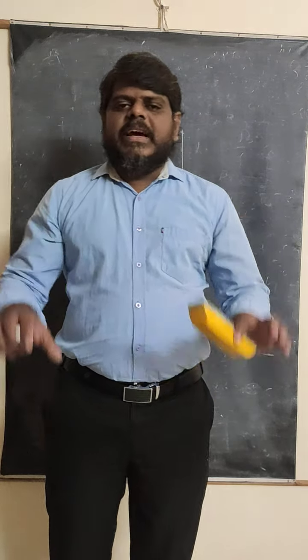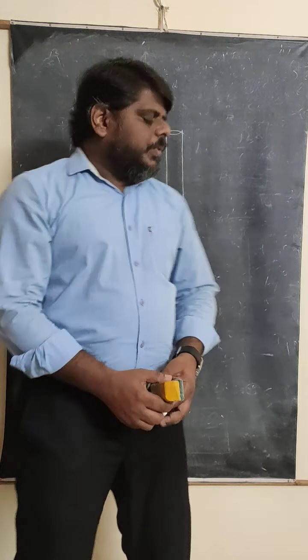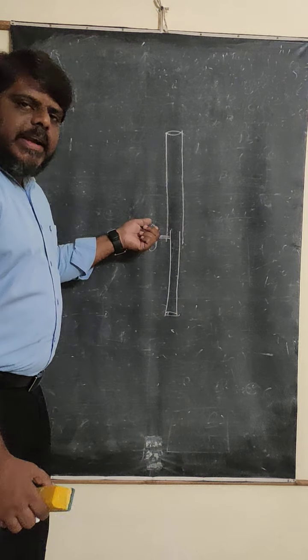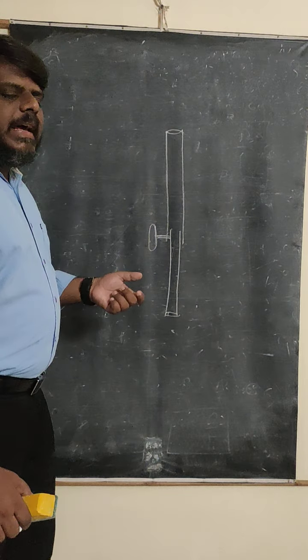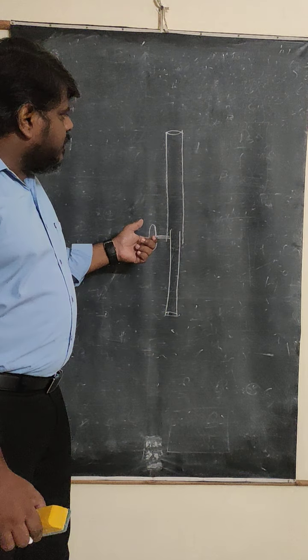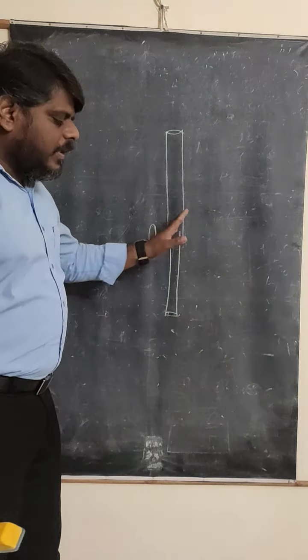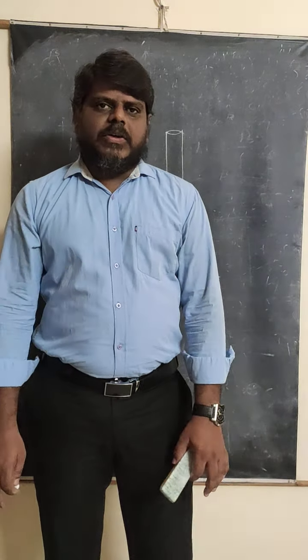So overall, the two cylindrical tubes are arranged on each other so that one can move over the other when you use the rack and pinion screw. Whatever screw we rotate here is called the rack and pinion screw. By using this rack and pinion screw, you can change the distance between the two lenses itself. This is the construction of the compound microscope.